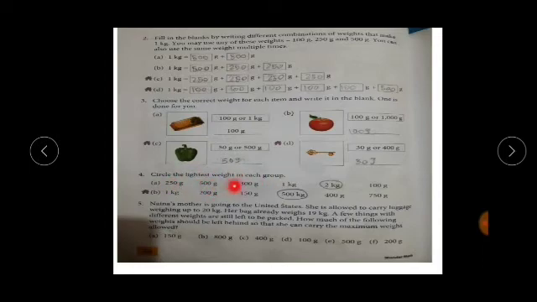Now circle the highest weight in each group. 250 gram, 500 gram, 300 gram, 1 kilogram, 2 kilogram, 100 gram. If it is given like this, to compare the weights, first you have to look at the weight units, gram or kilogram. Then we know that kilogram is always bigger than gram. And here all other weights other than 2 kilogram and 1 kilogram are given in gram. So compare two weights given in kilogram, that is one is 1 kilogram and other is 2 kilogram. 1 or 2, which is bigger? 2. So we can circle the 2 kilogram.